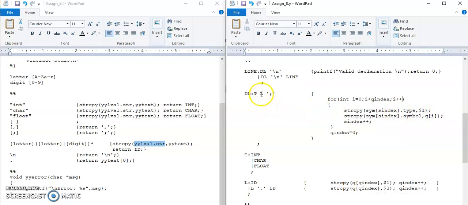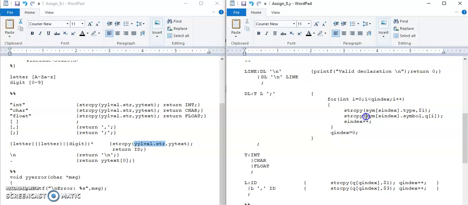Then this data type is to be copied in sim index dot type. Now because T is at the first location on the RHS, we have used here $1.